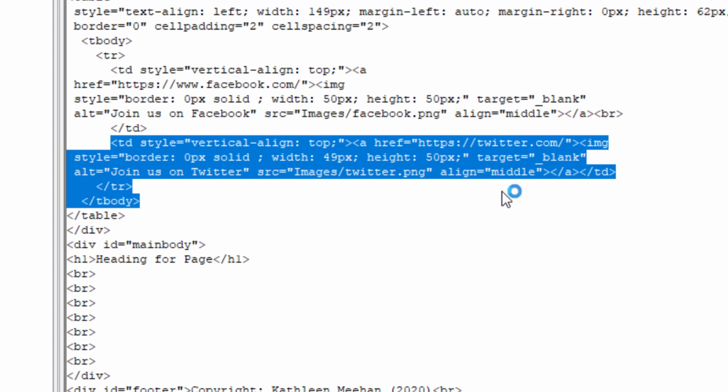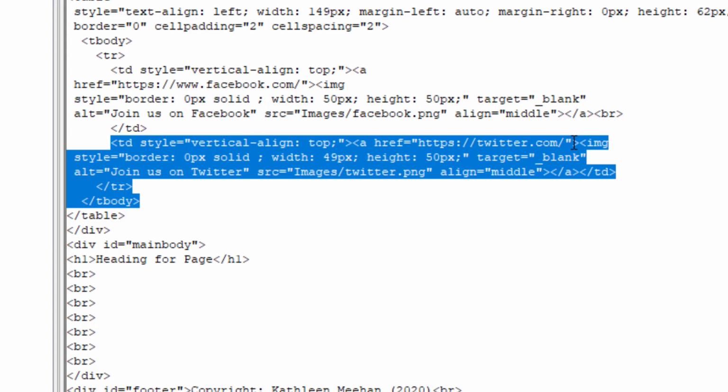You can see target equals underscore blank, which is exactly what we said and exactly what we need to happen. But unfortunately, Composer puts it in the wrong place. Where it actually needs to be is directly after the image itself. So we can see that there's the image right here, all right? And before the close of the bracket here, we need to move this from here